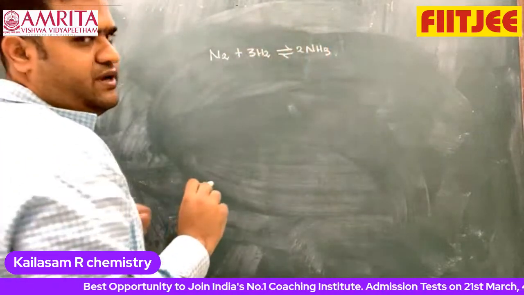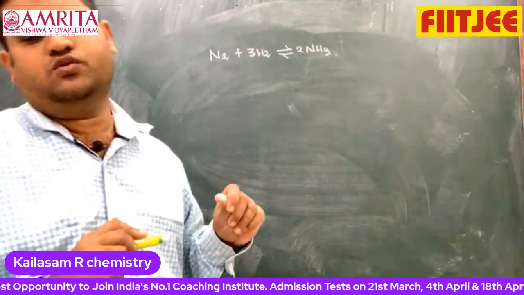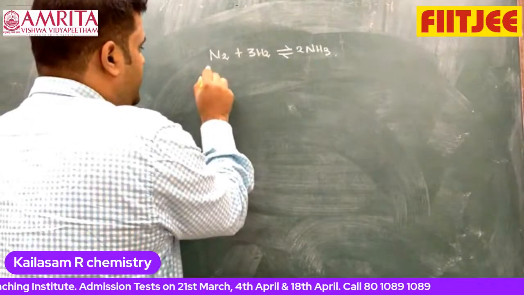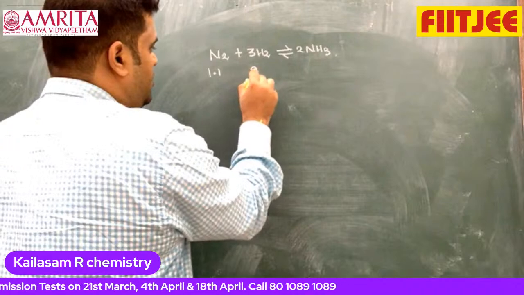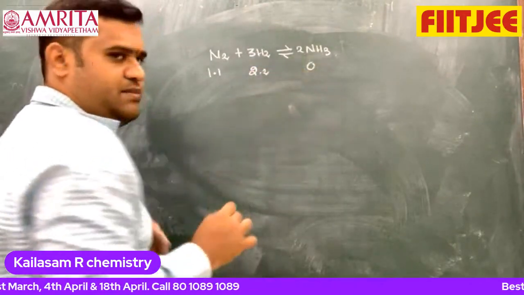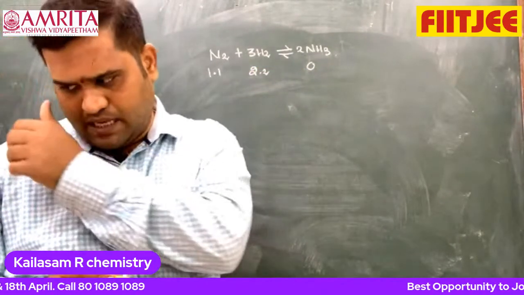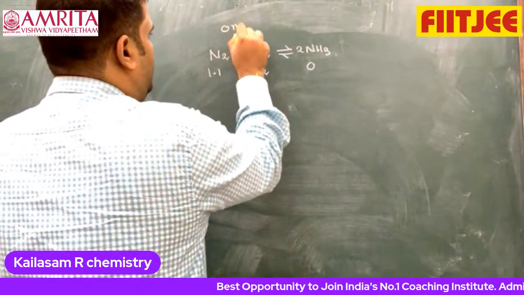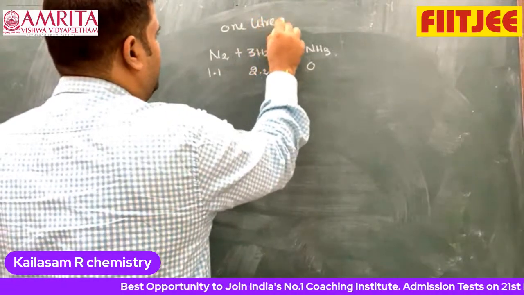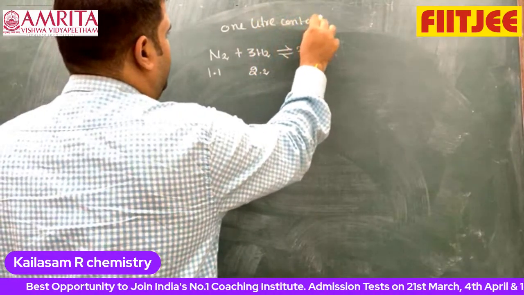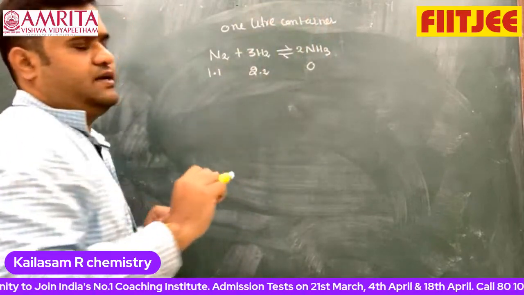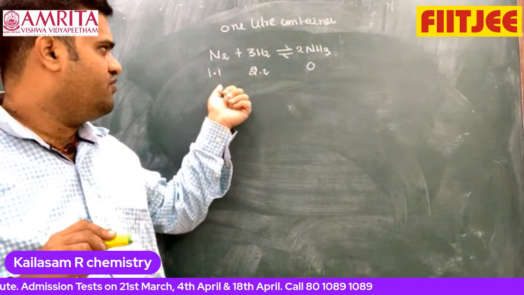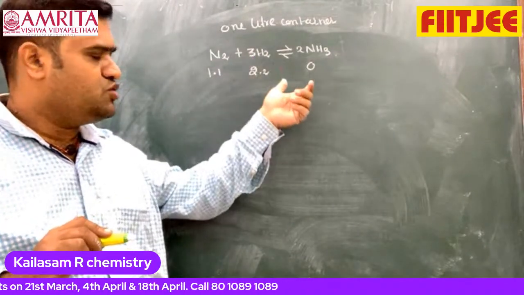That is the question they are given. N2 plus 3H2 gives 2NH3. They are telling that the initial moles are 1.1 for N2 and 2.2 for H2, and NH3 is 0. I'm writing like this. Now the question is, in a 1 liter container, this is the reaction of N2 plus 3H2, with 1.1 mole of N2 and 2.2 mole of H2 in